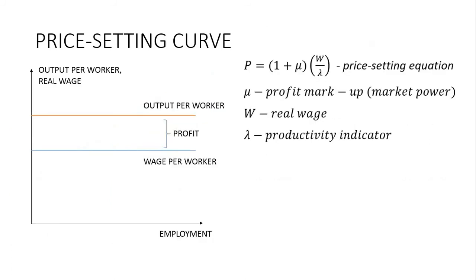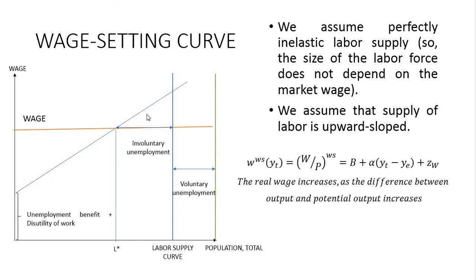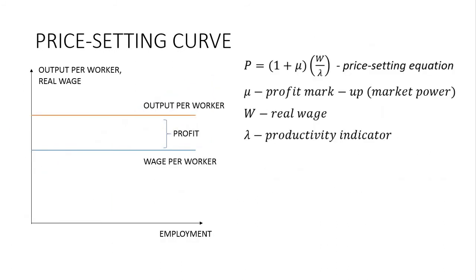So another side is the price setting curve, and basically it describes the wages set by firms. Here we analyze wages required by the labor force, and here we analyze wages the firms are willing and able to pay. In this case, we assume that firms have a constant profit markup. So out of output, they take a constant proportion, which is their profit, and wage is defined as the difference